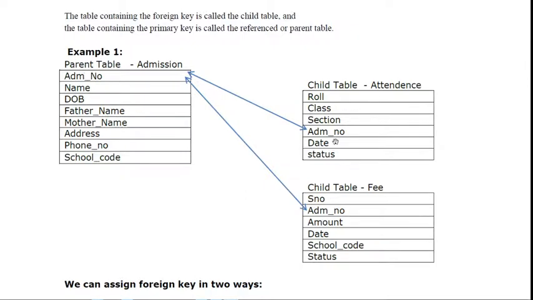For the attendance of any student, it is important to store the student details in the parent table. If the details are not present or entered in the parent table, their reference means roll number, admission number is not present in the child table.